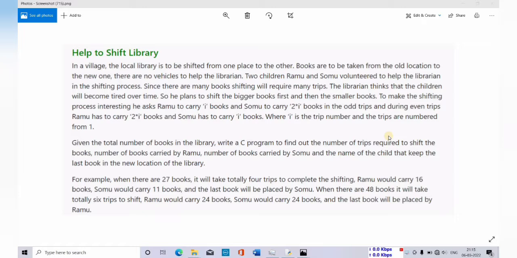Help to shift library. Let me first explain the question. So the thing is, there is a librarian, and he is shifting his library. Two students are going to volunteer to help him. They are basically Ramu and Somu, and the condition is that to make the shifting process more interesting, he asked